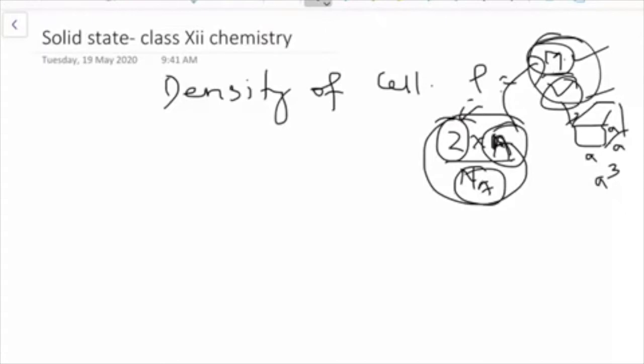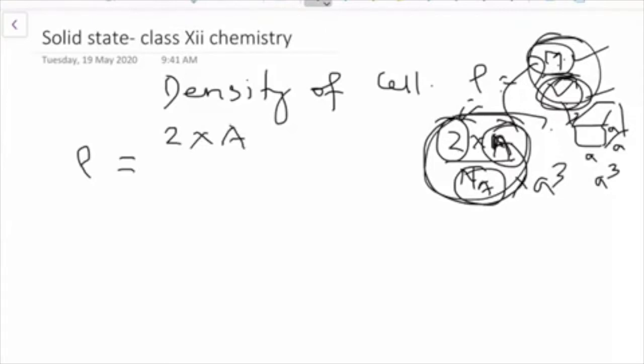So density of a unit cell is equal to mass by volume, and if the mass is this, we have to divide that mass by the volume, and the volume is a cube. So that is the density formula. Writing the density formula here, density of the unit cell is equal to Z into A